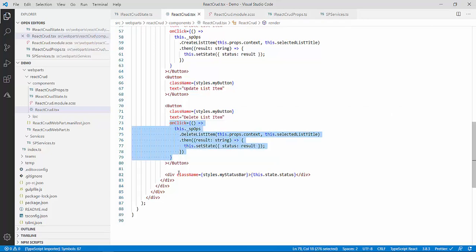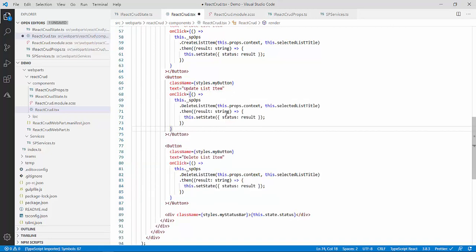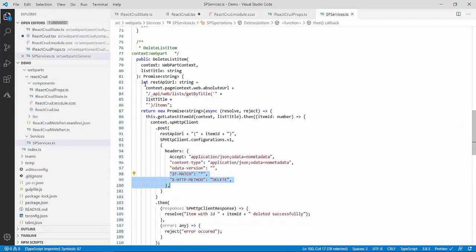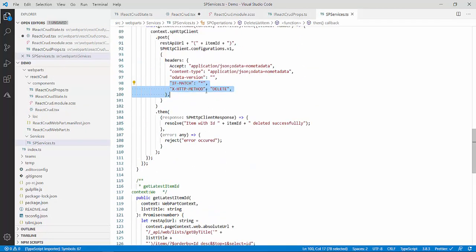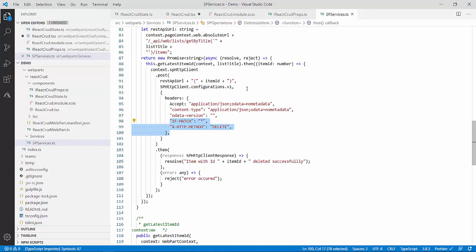See, on click, I will put it into this update method, and I just have to replace my method called update list item. I'll go to my service file and create this new item update here. For the update I will use this one only, and in the update I will pass the item id.